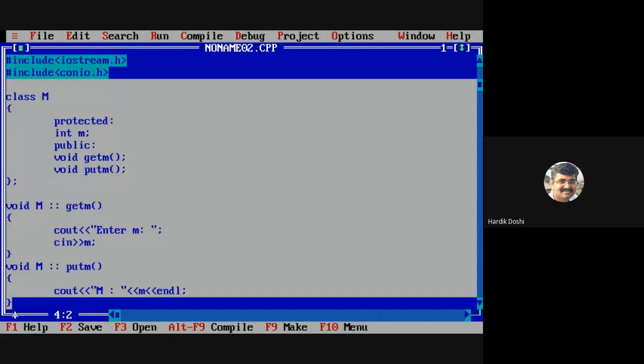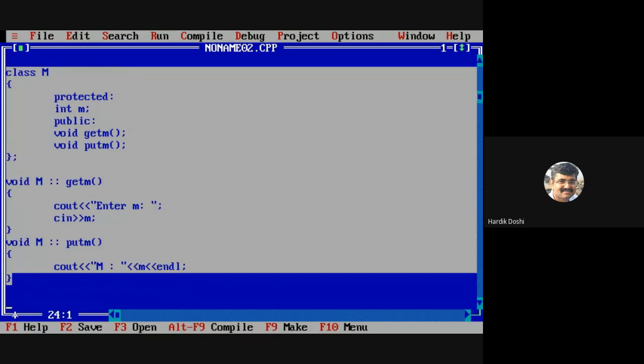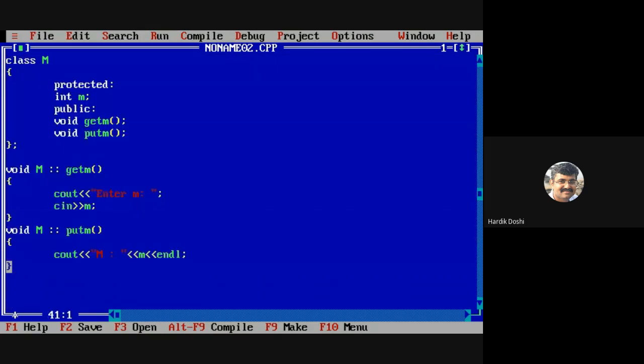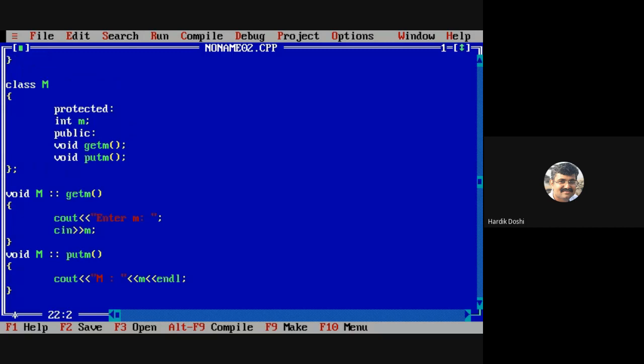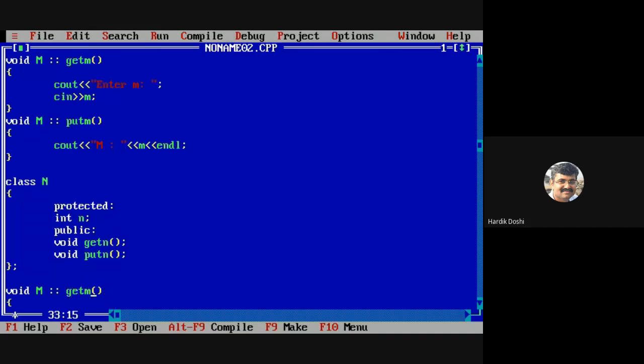Similarly, I am having another class, let's say class N. This was m, now I am taking n. Taking value n, get n, put n. Same way we will be defining the functions, get n.